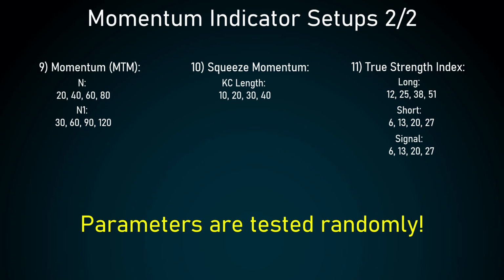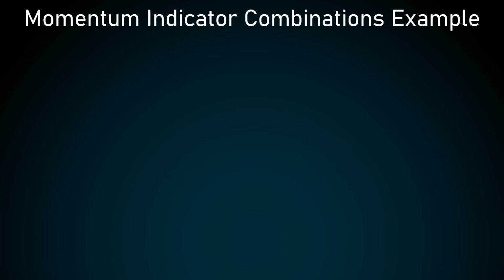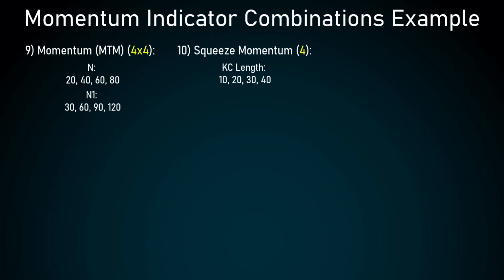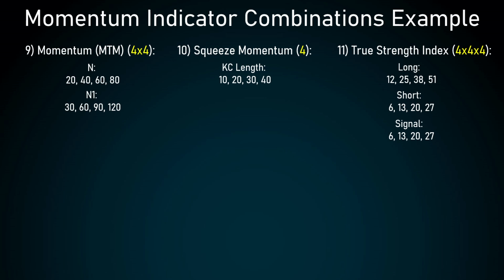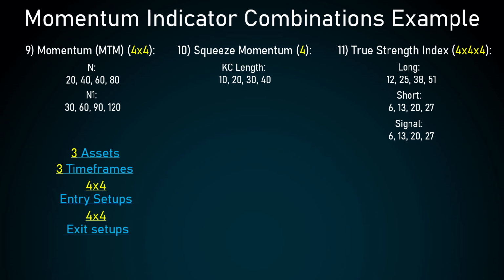But now let's see the numbers. How many backtest combinations are we really dealing with, and how many will I actually test? To break it down, I took 3 of the 11 momentum indicators. The MTM momentum, the squeeze momentum and the true strength index. The MTM has 2 parameters, the squeeze momentum has 1 and the TSI has 3. Testing every possible combination of the MTM indicator would look something like this. 4 times 4 parameters, times 3 assets, times 3 timeframes, times 4 times 4 entry setups, times 4 times 4 exit setups, times 2 directions, equals to